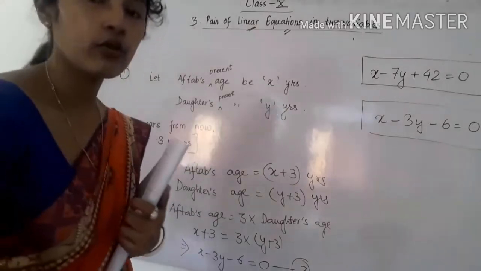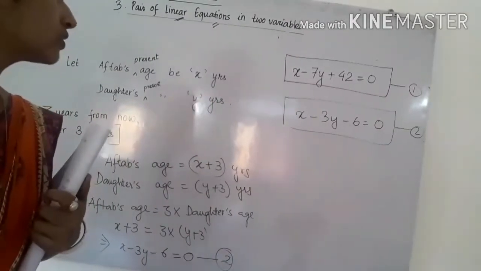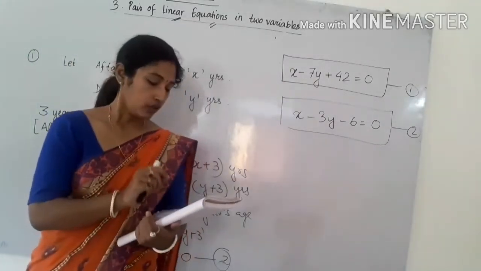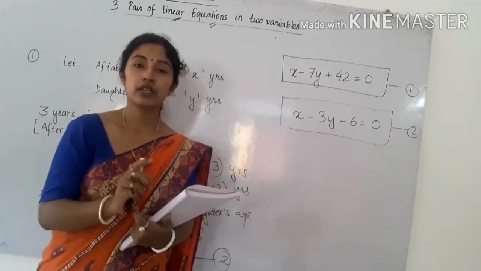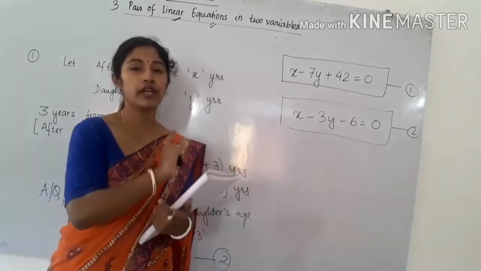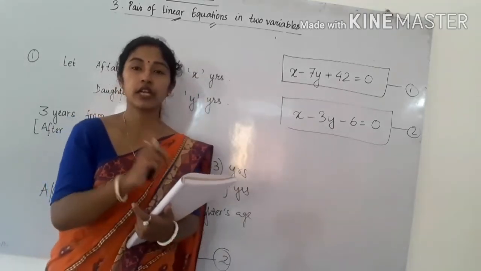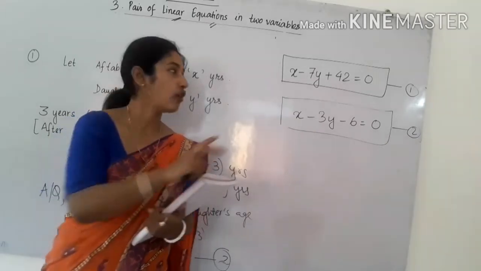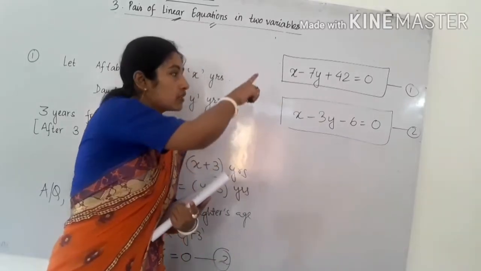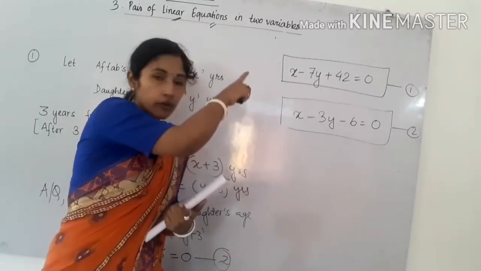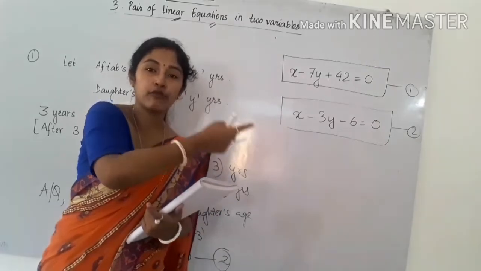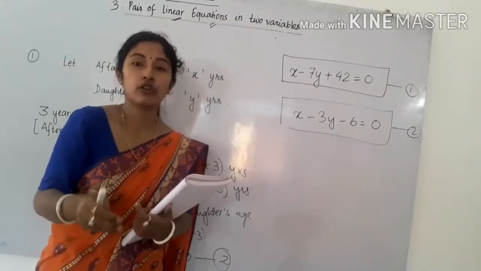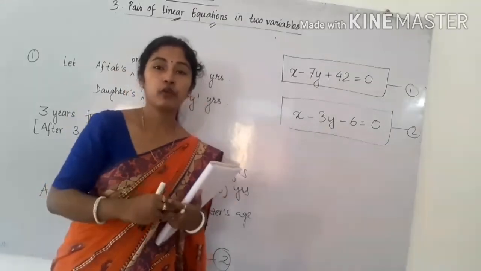So here are the two equations. Whenever you are doing any word problem, see there will be two conditions, because it is already written that it is a pair of linear equations. That means you are given two conditions, and from the two conditions you have to form the two equations. This is called forming algebraically. Then next you have to solve each equation. You will get a set of 4 or 5 solutions. Then you have to plot them in a graph.